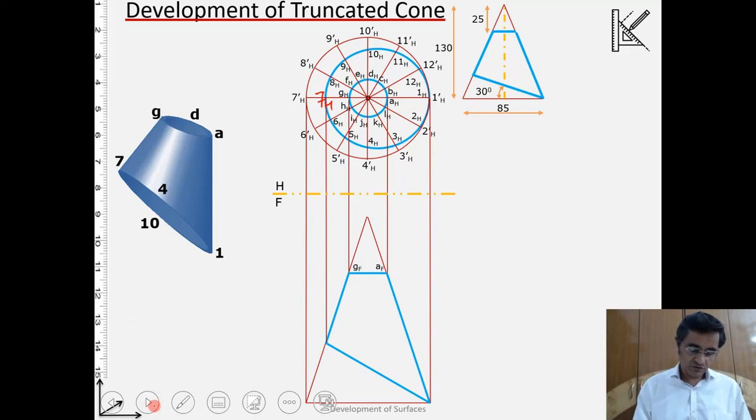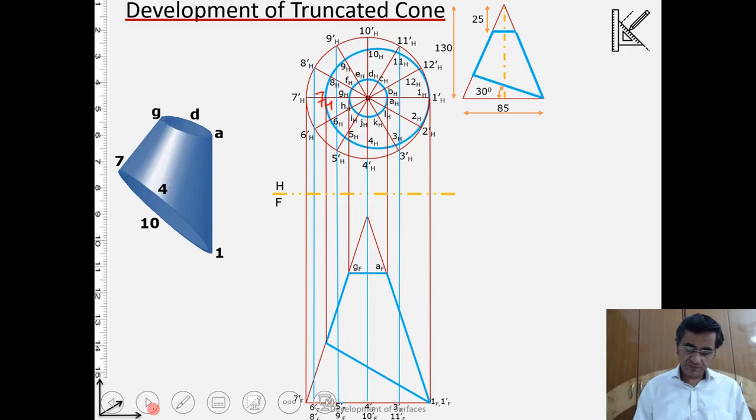So if I transfer these onto the frontal, first I'm transferring the things which correspond to the base. Of course, we will not need these finally in our development of the surface, but just for completeness, these points which are over here have been transferred. And you will notice, for example, this point is being written as 3 dash 11 dash, because over here this point is 3 dash h, here it is 11 dash h, okay. So 3 dash and 11 points on the frontal, they are being transferred here.